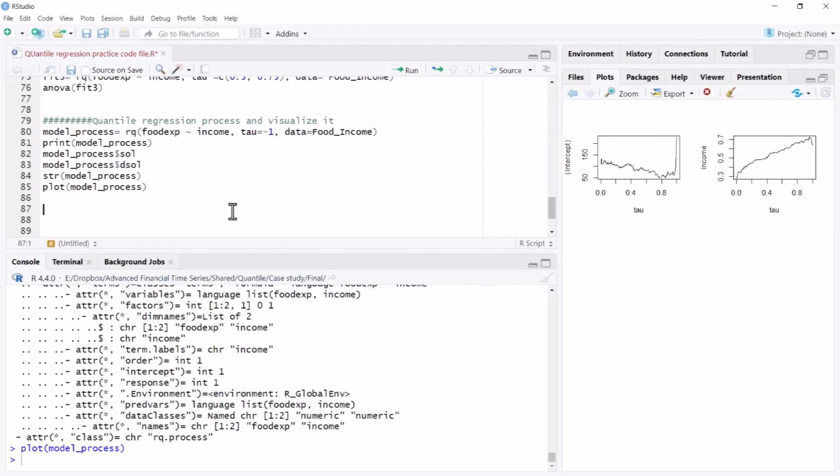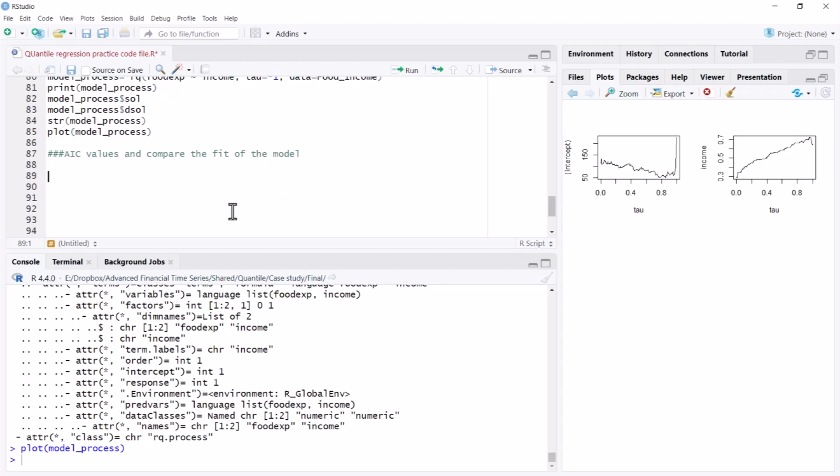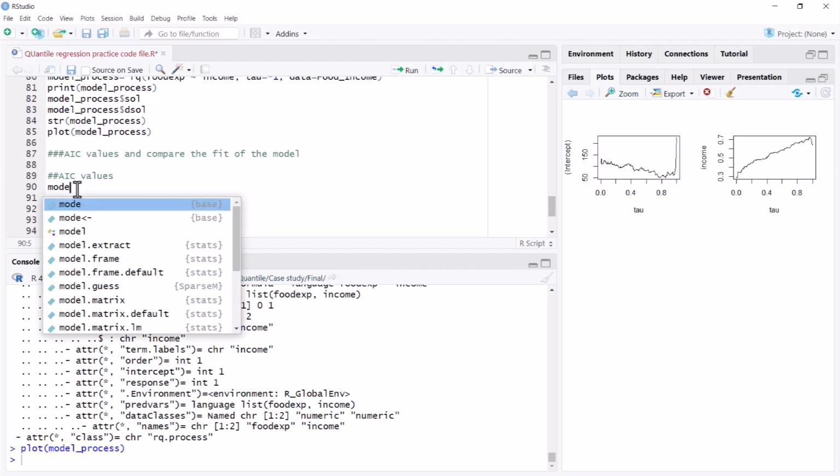Next, we would also like to add AIC values and compare the fit of the model. So first, let us start with the addition of AIC values. To extract the AIC values, we'll simply use this model command.